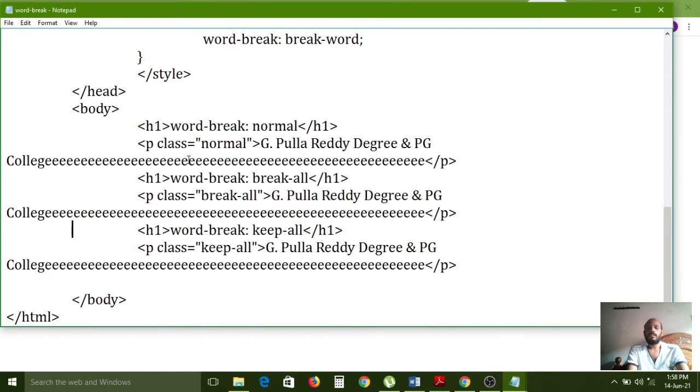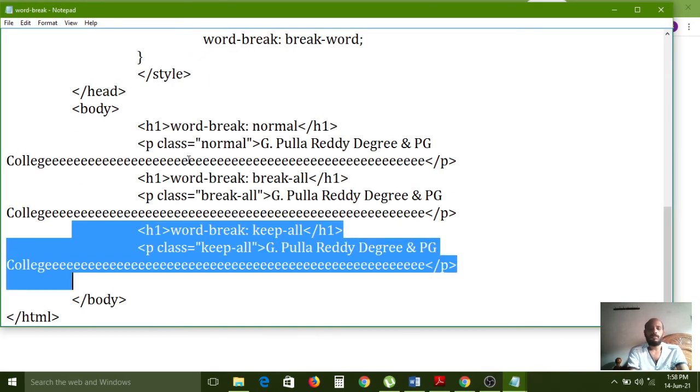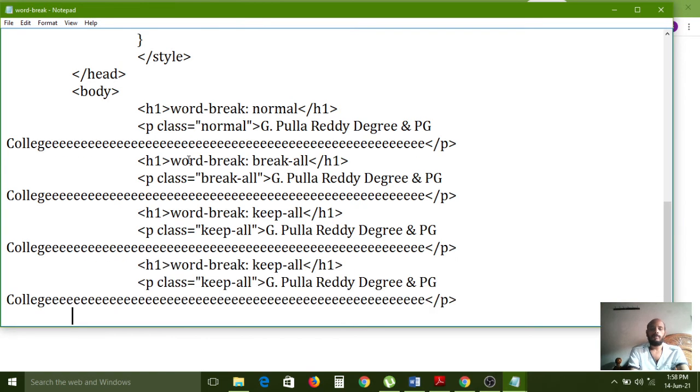Now I am copying this one to here and pasting. Instead of keep-all, I want to change the heading to break-word. Here the class name is also the same, break-word. Now I am saving this.